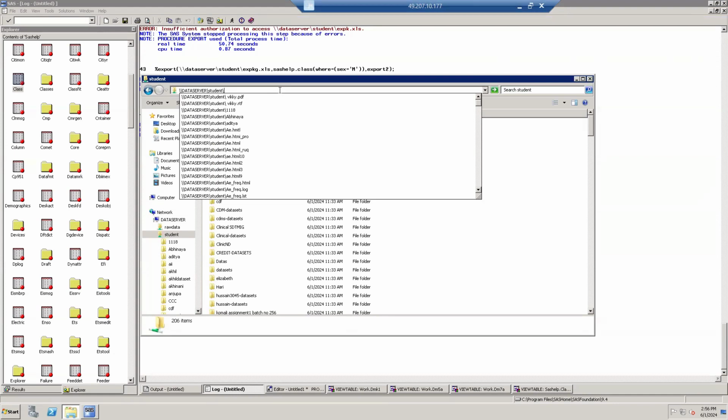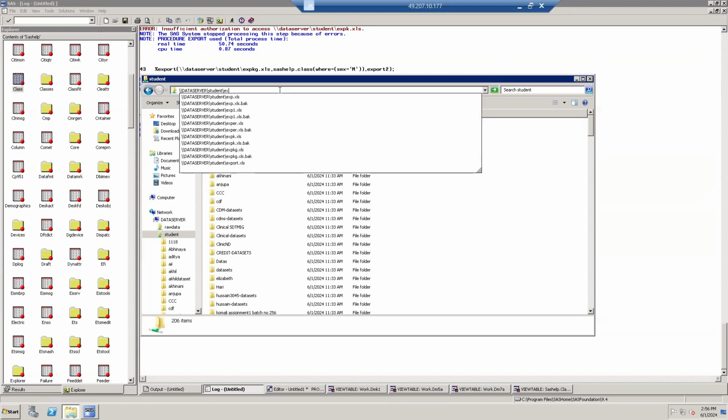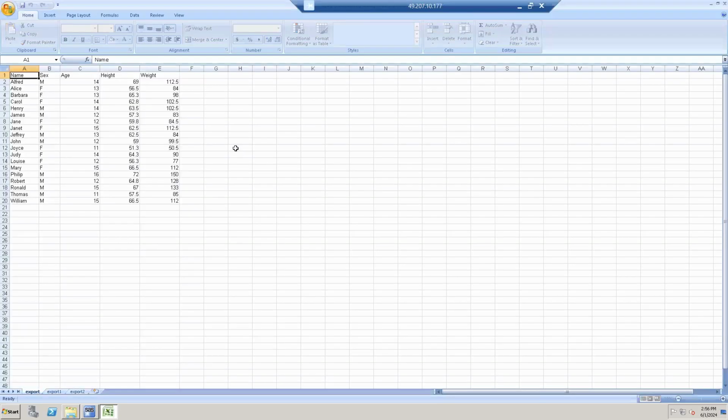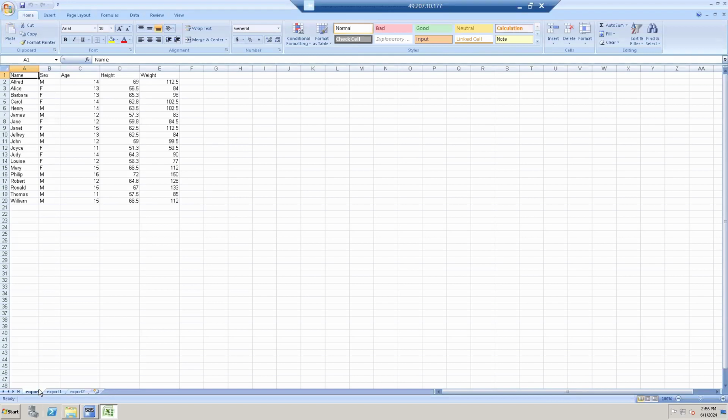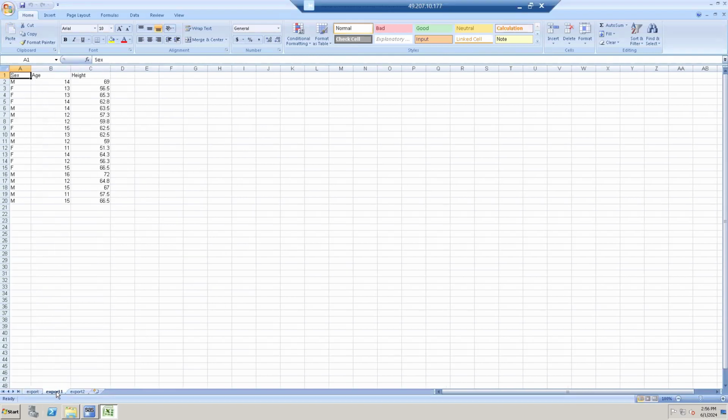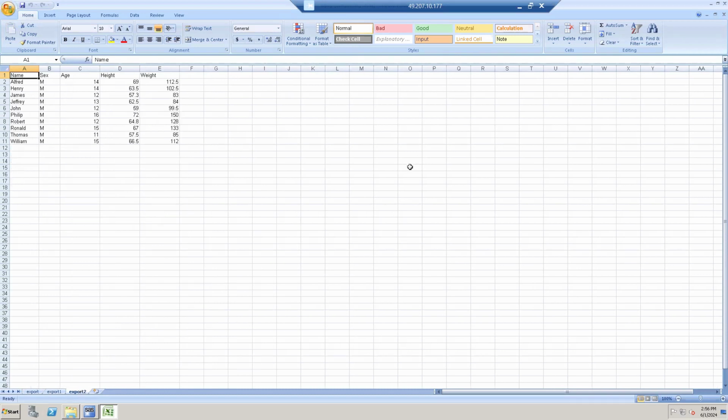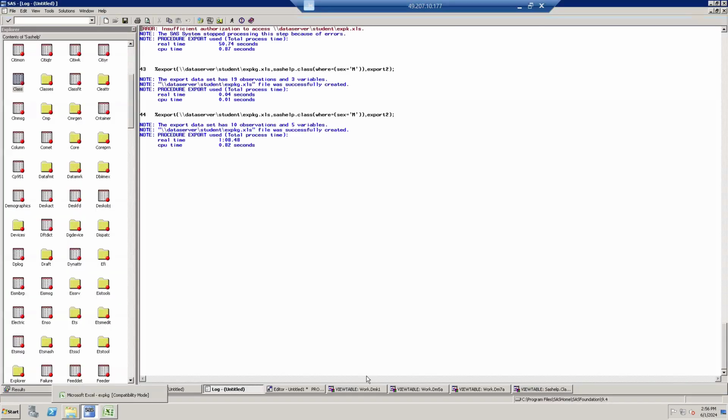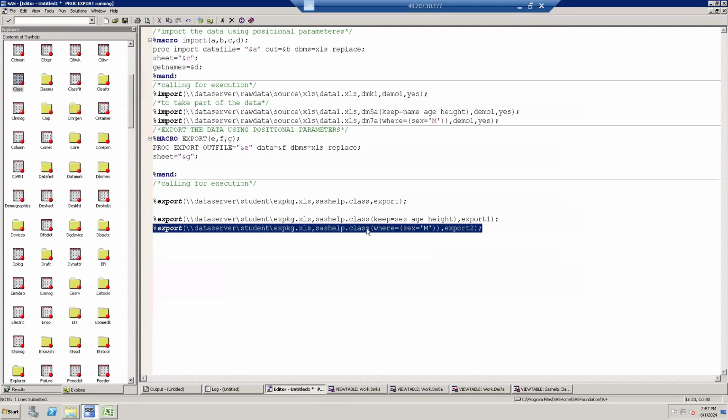expkg.xls is to export all data. Export 1 only sex, age, height, but export 2 only male data. It is the export. In the same file, we have the complete data, a few variables, and only male data, part of the data. Next video, I have